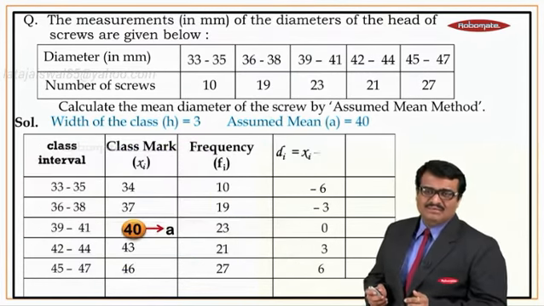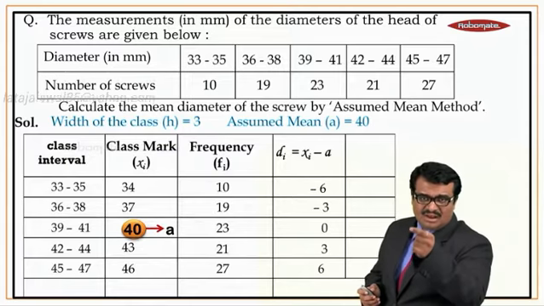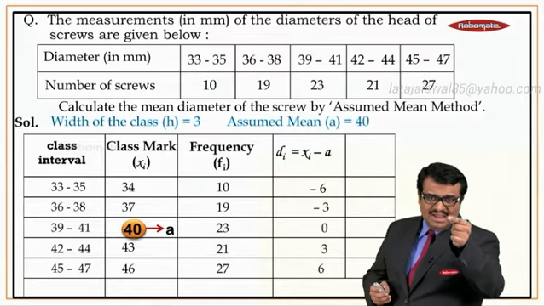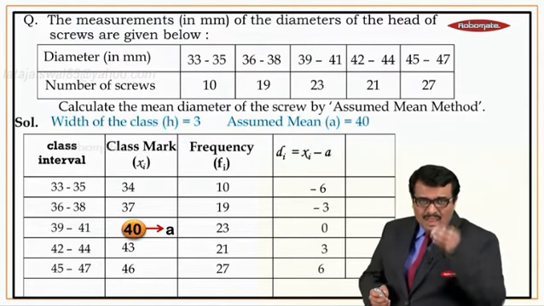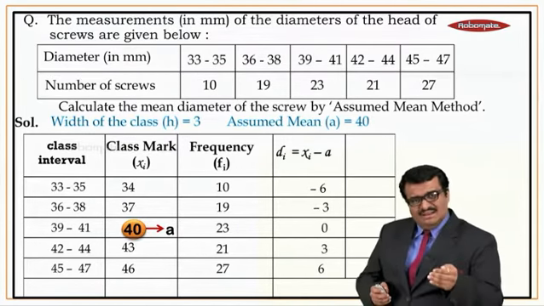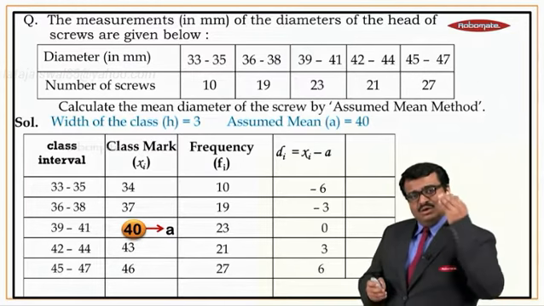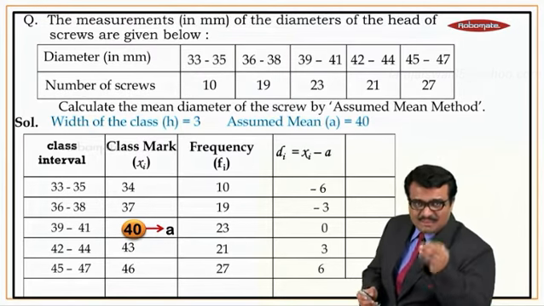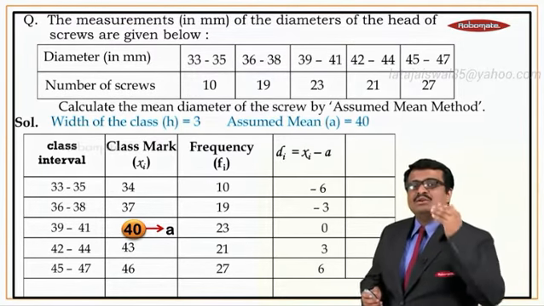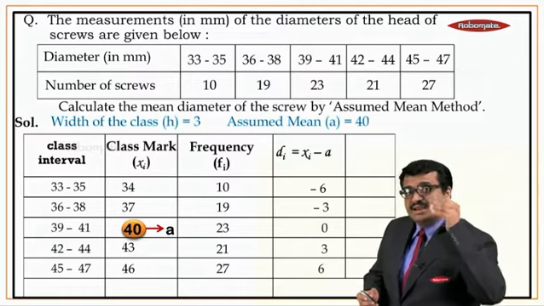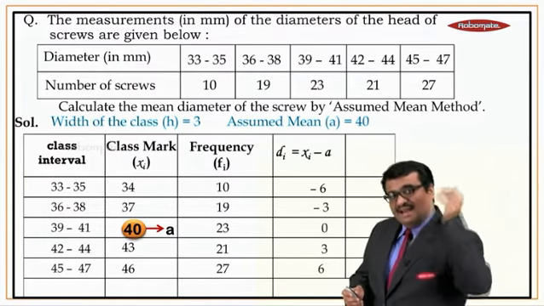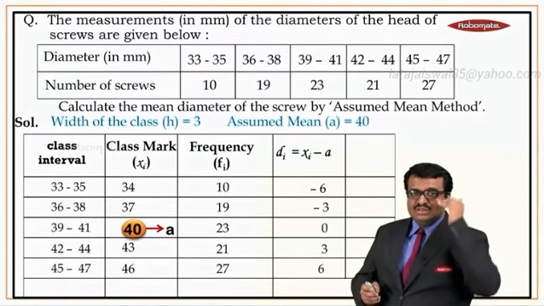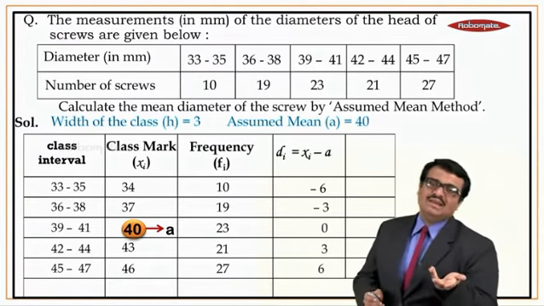One more easy way I am giving you. Can you see this third row where your a is 40? Just opposite to that in di, it will always be 0. Below 0, you go on adding 3, that is the width, and above 0, you subtract the width. So below 0, what will you do? 0 plus 3 is 3. 3 plus 3 gives you 6. And above 0, what will you do? 0 minus 3 gives you minus 3. And minus 3 minus 3 gives you minus 6. So below 0, add the width. Above 0, subtract the width. In this way also you can calculate di.